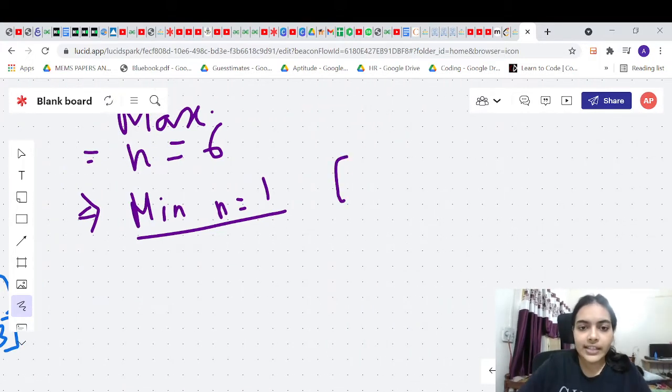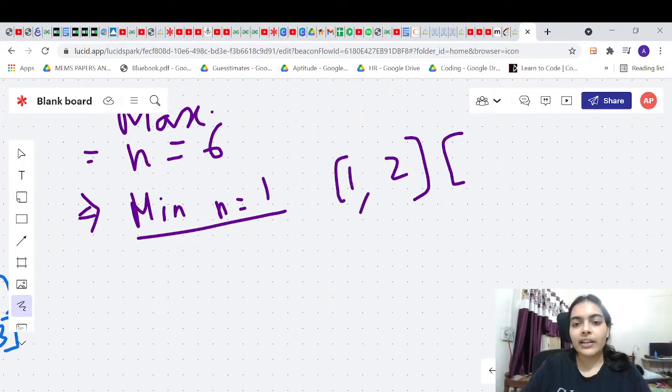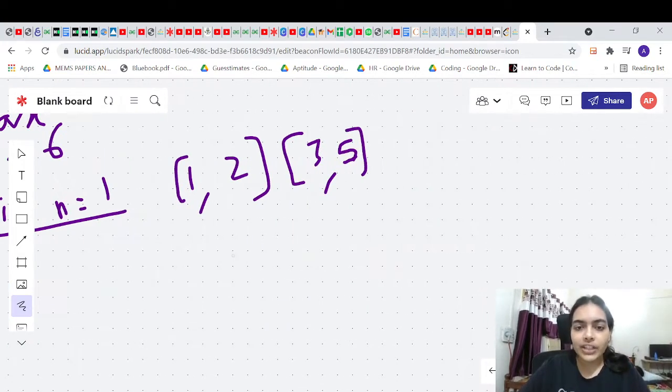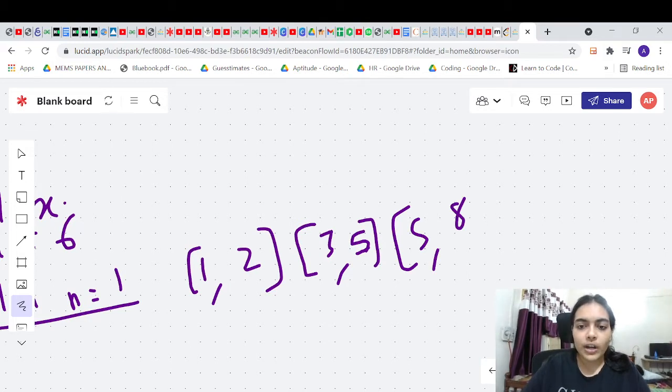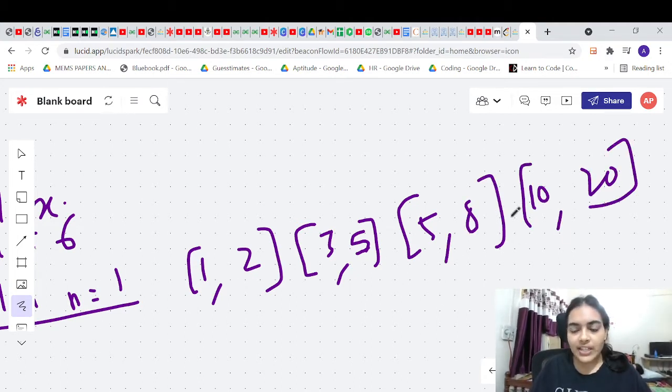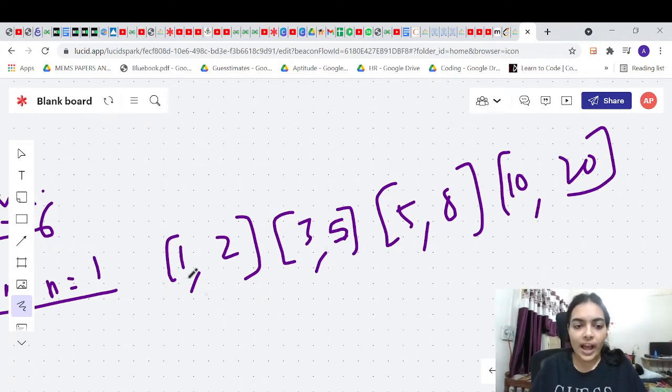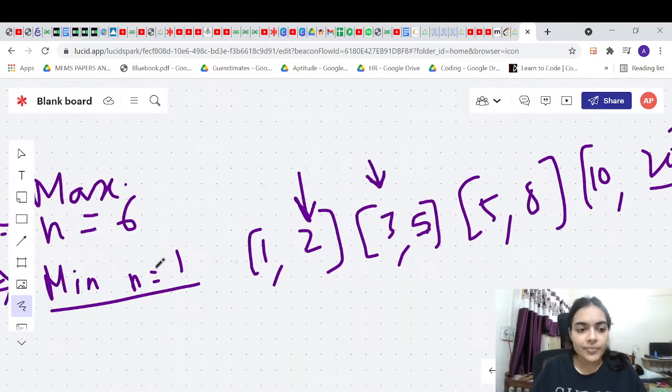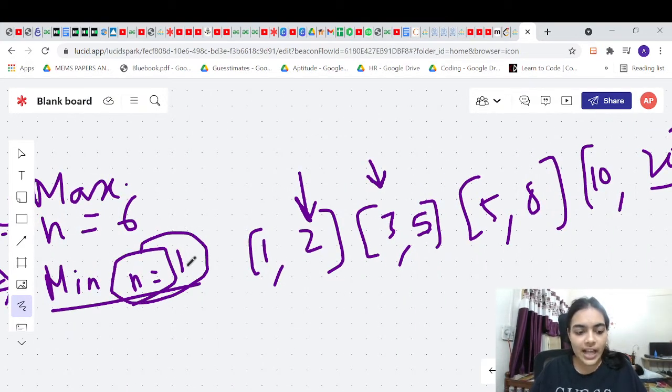When is this case? Let's say a meeting starts at 1, ends at 2, another meeting starts after this, say starts at 3, ends at 5, another meeting starts after this, maybe 5 comma 8. These two are not overlapping, because this meeting will end and then the next meeting will start. So something like this is also accepted, and then let's say 10 20, this is also accepted. So when you have such a case, no matter how many inputs you have, if they are sorted in such a way that another meeting is starting after the previous meeting has ended, in this case you will need only one room. The answer will simply be 1.